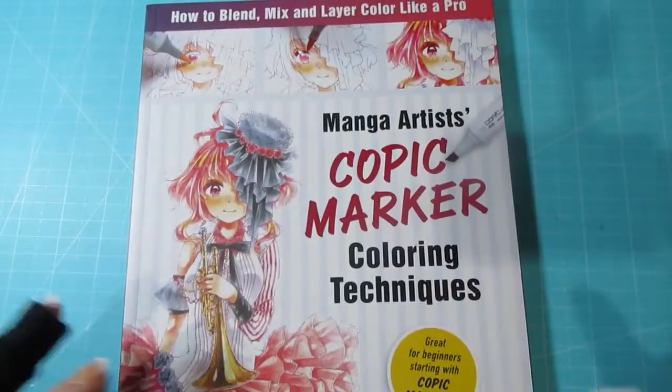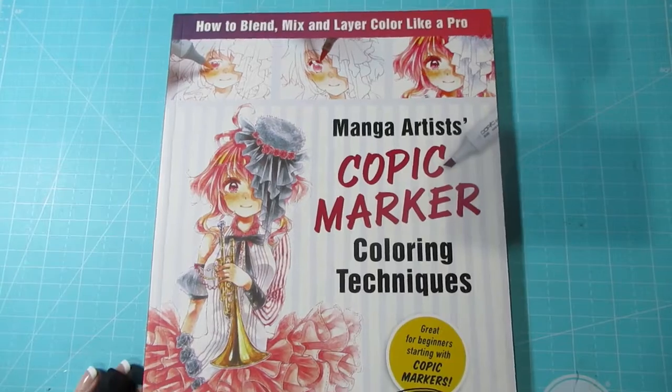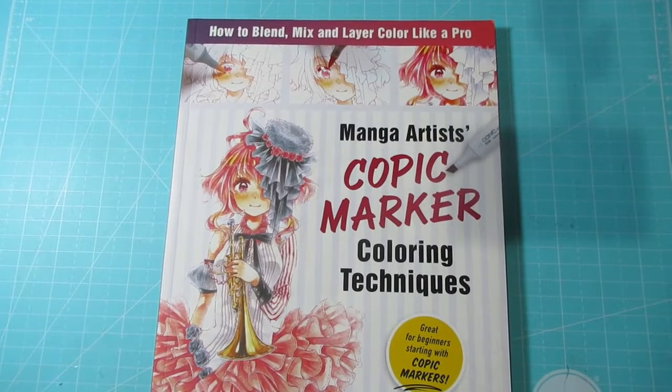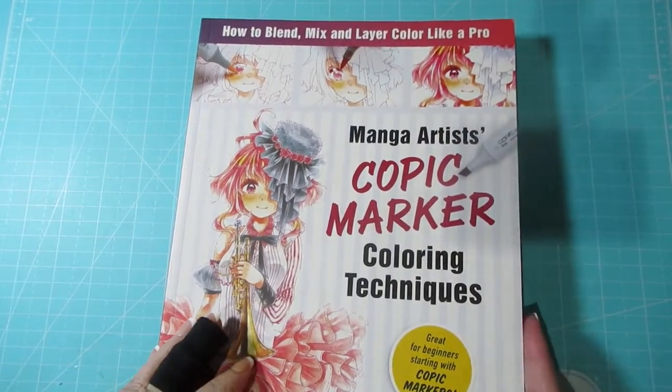So I'm not going to go through it completely page by page because I think that's a little bit unfair on the authors of this book, because obviously if you would like it, we'd rather you support the authors of this book than just reading what I put up. So